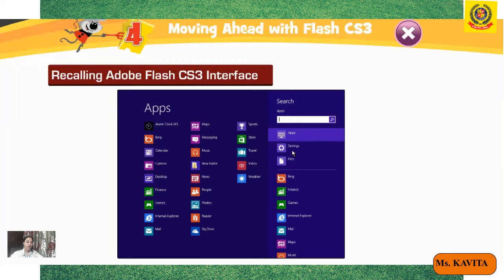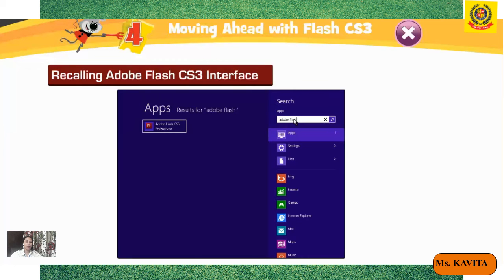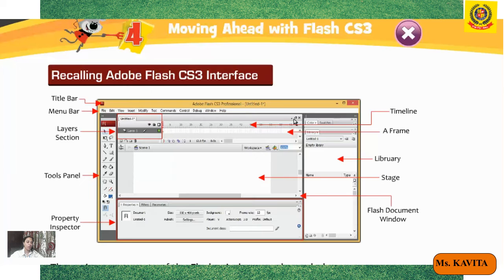Again I am repeating. Which tool helps you to draw circles and ovals? Oval tool. Which tool allows you to type text on the stage? Text tool. What is the gray area around the stage called? That is called backstage. How many default layers are there in a new Flash document? Only one layer. What is the frame that contains a vital animation step called? That is called a keyframe.